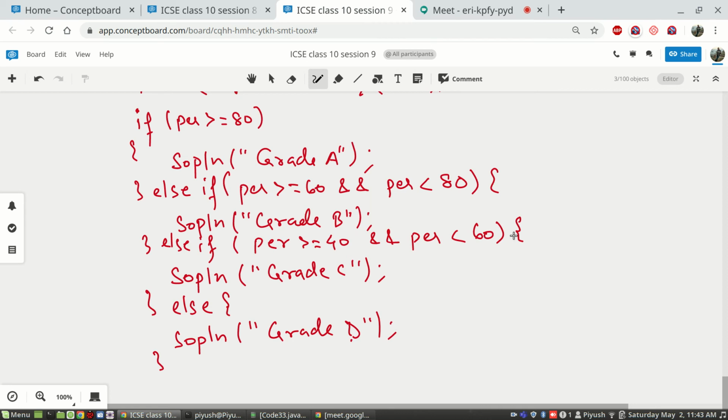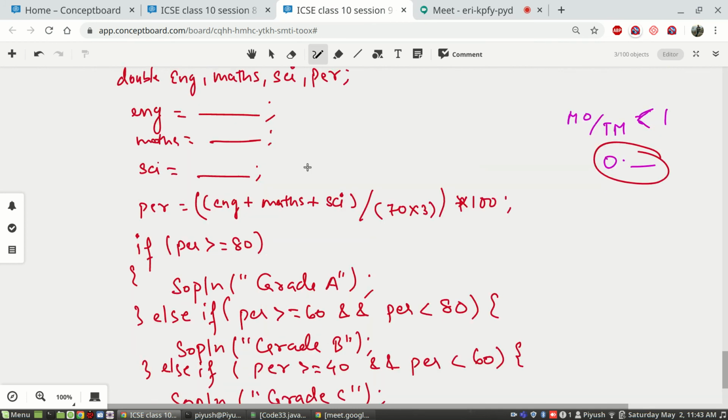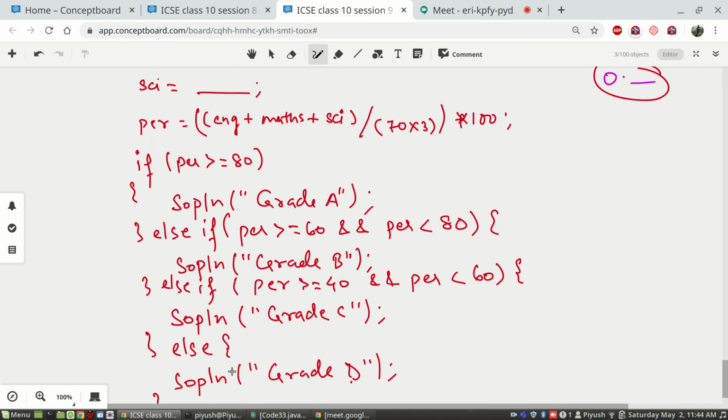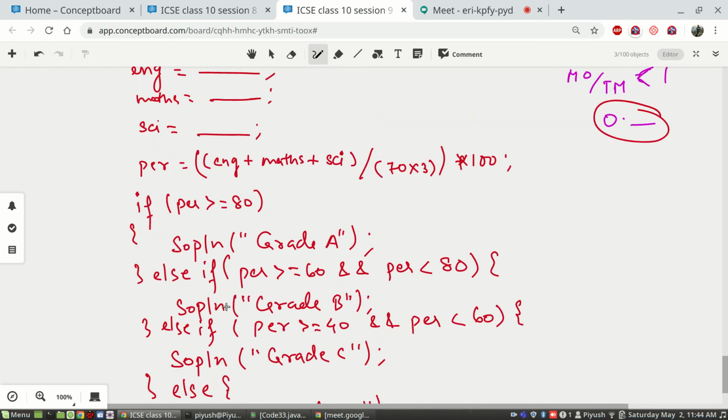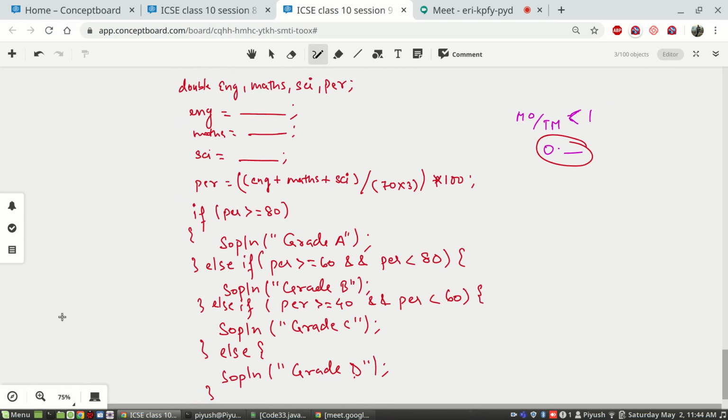Just analyze for 15-20 seconds. Is this concept clear, that by using double, this entire expression will be double, the sum of all the double values will give you double, then double by integer, the highest data type being double, will give you the exact 0 point whatever value, and the percentage will be obtained correctly, which is again a double. So is this problem solved, and is how we have handled this clear? If both things are clear, take 20 seconds to analyze that, and then let me know. We'll stop for the day.